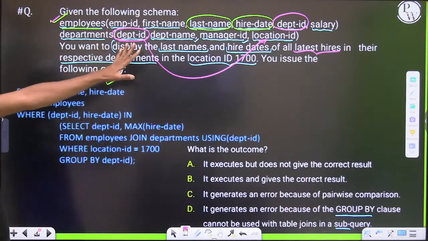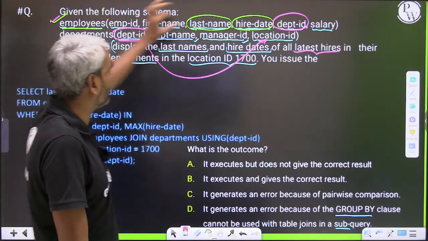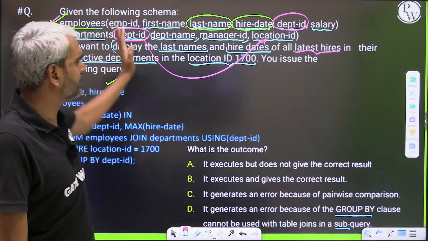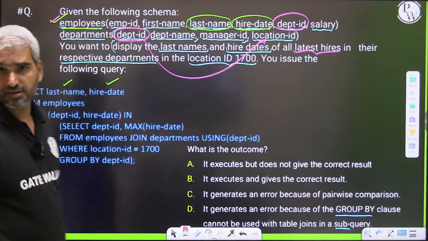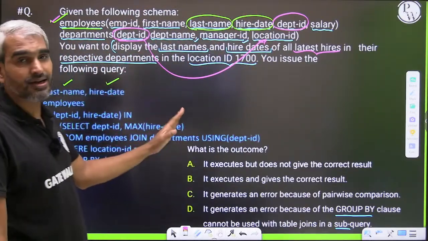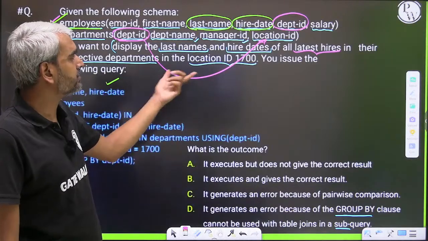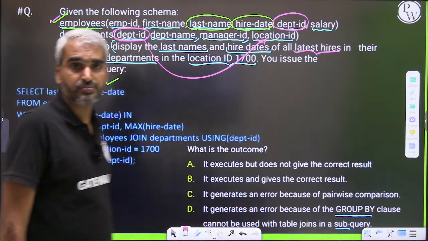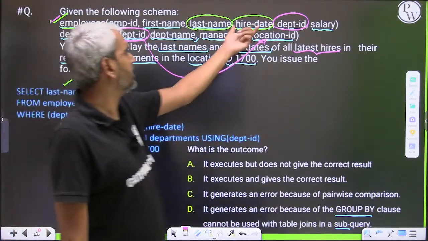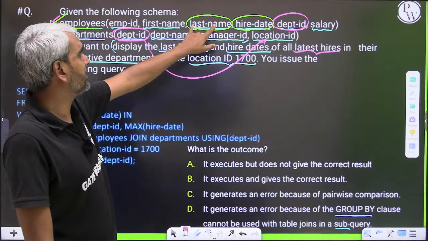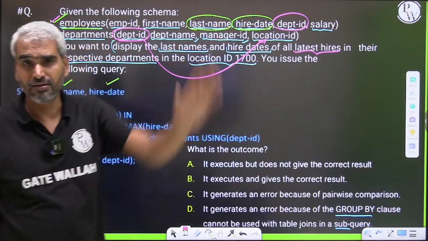So first of all, I have explained that you need to join on the department ID and then you need to select the location. Then what? Sir, once you have done that, you will have to identify the tuples in which the hire date is maximum. You will have to select the tuples in which the hire date is maximum, and then you can say that last name and hire date will be selected. But anyway,